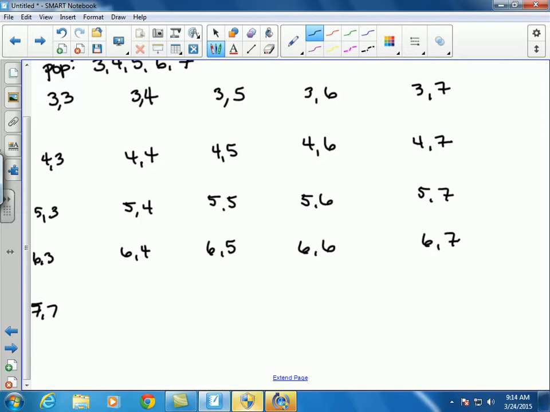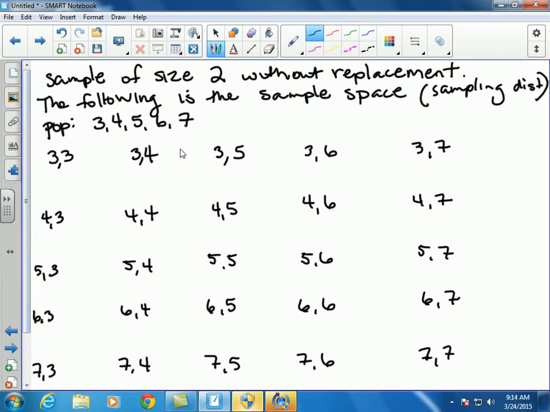7, 3, 7, 4, 7, 5, 7, 6, and 7, 7. Okay, so what's going to happen now is that I'm really interested in seeing the distribution of the means of